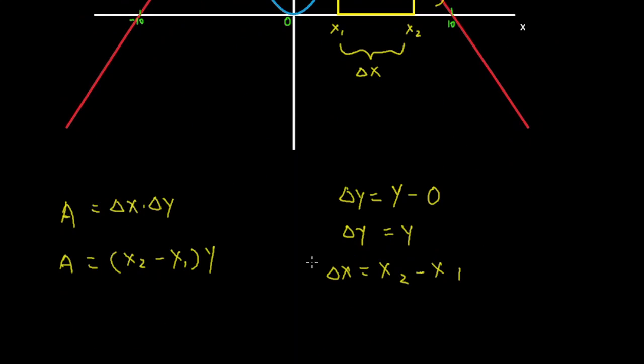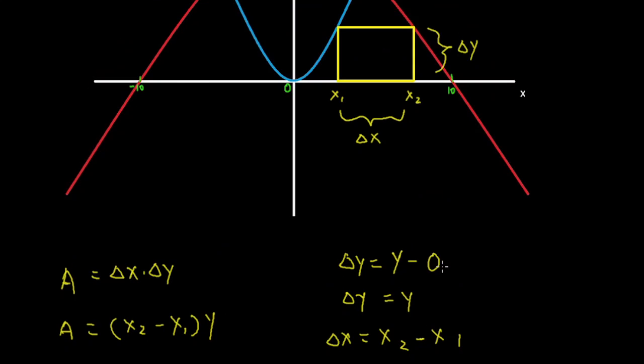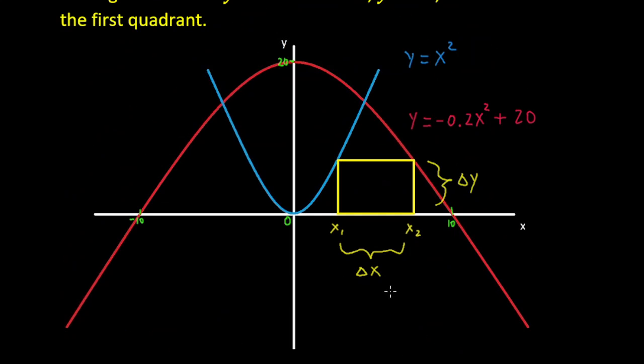Now, it seems like it's easier to rewrite everything in terms of y. So rewrite x in terms of y. We can do that, but let's look at how we do this. Now we do have two equations here, right?